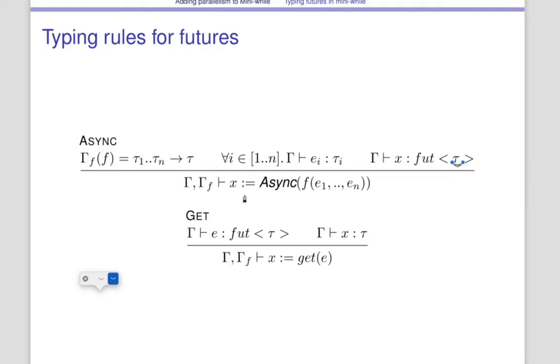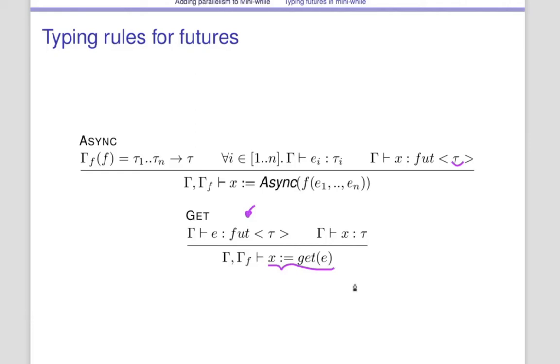And x, you don't choose it as it is, you use it because you use it inside a get. And the typing rule for get is to correctly type a get statement with an expression e. I should check that the expression e must be of type future, so I cannot get something that is not of type future. And this future must contain another type T0, and this type T0 must be exactly the type of x. So what the get will do is that it will